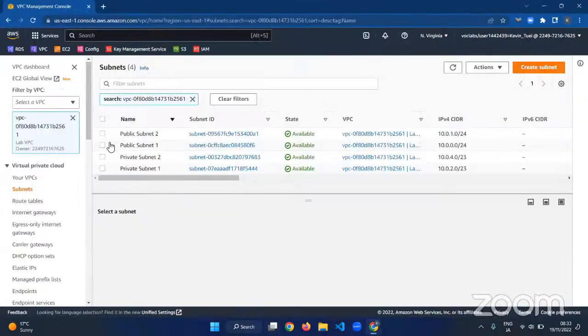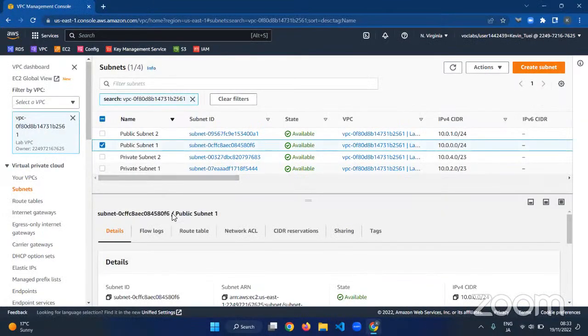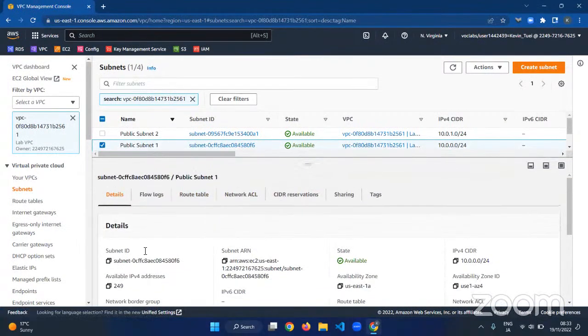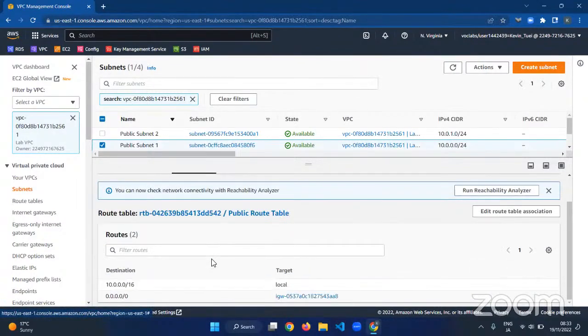So I'm told to select any public subnet, like public subnet 1. The moment you select it, a number of options appear down here, right? So you can see all these are the tabs. You have the details, the flow logs, the route table, network ACL, CIDR reservations, sharing, and tags. So for this case, you're looking at the route table, and you can see that